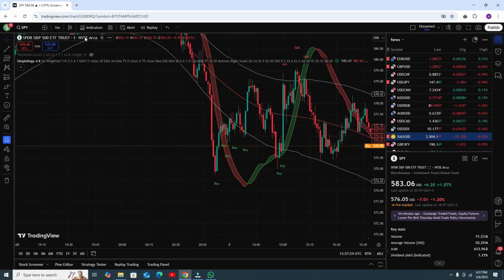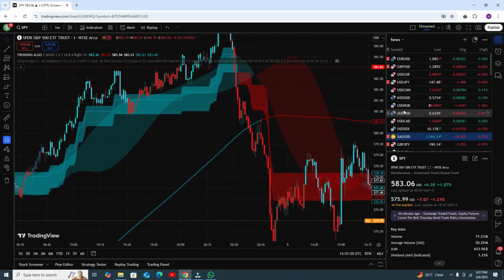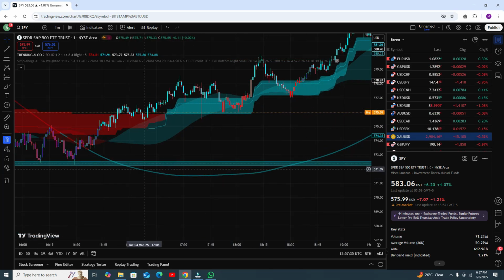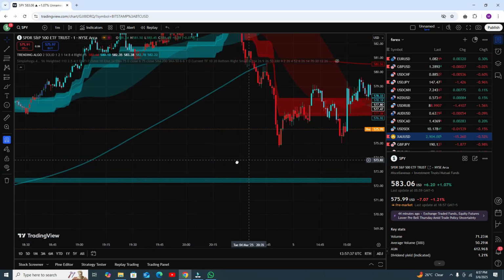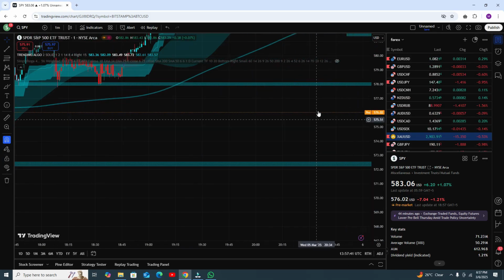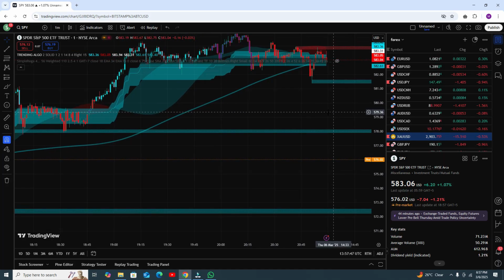Now we need to discuss the second indicator. The second indicator will give you the trending clouds and the trend line. It will also give you the support and resistance. Let me show you the most recent condition here. It will automatically draw the support and resistance lines. Now trading is pretty easy for you.